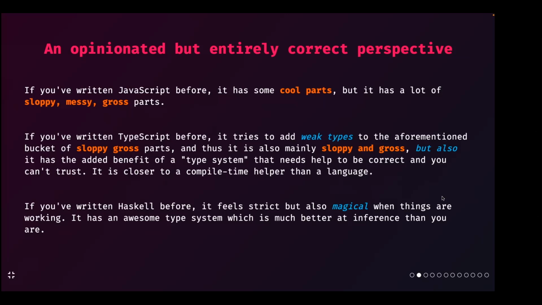Least of which is that it's a prototypical inheritance language. But even that aside, it's a complex language that I found frustrating, because it's largely become the de facto language of the web. At the same time, there's the types it has, and there have been multiple attempts. Currently, TypeScript is sort of the best, and I think it's very weak. It is inconsistent, and you can comment away the typing, which means you can't really trust it very well. I think it functions better as a compile time helper than an actual language.